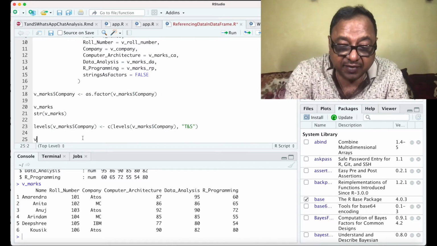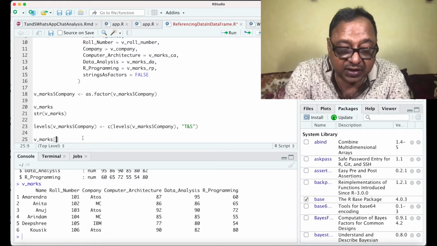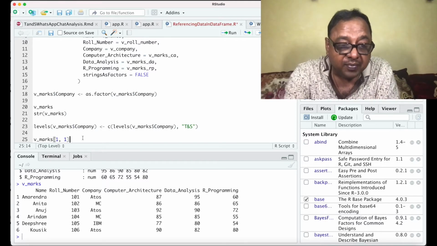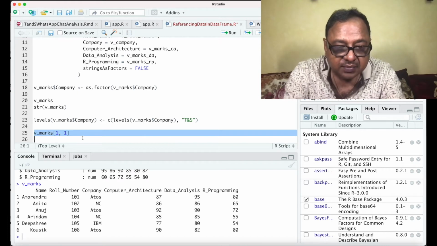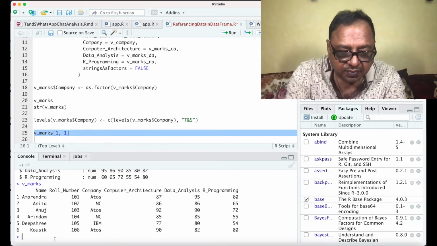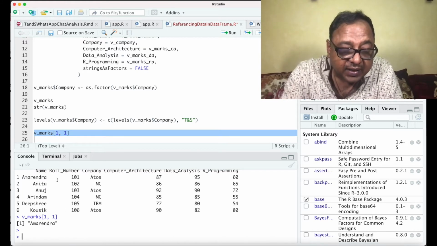So I can say v_marks, and within square brackets, if I say 1, 1, I should get the element at the first row and first column. So let us see this. So you see that I get the element at the first row and first column.